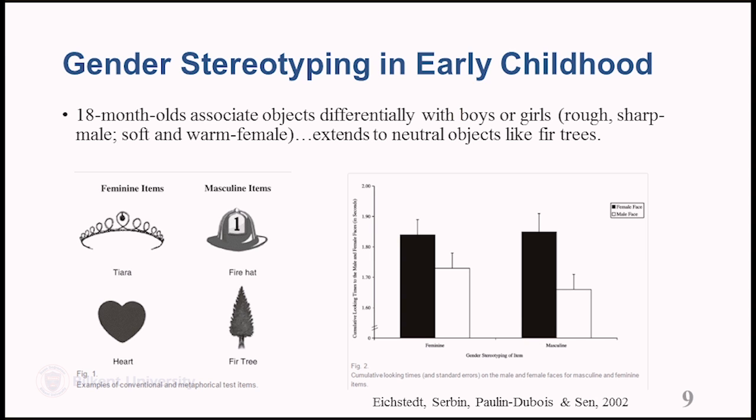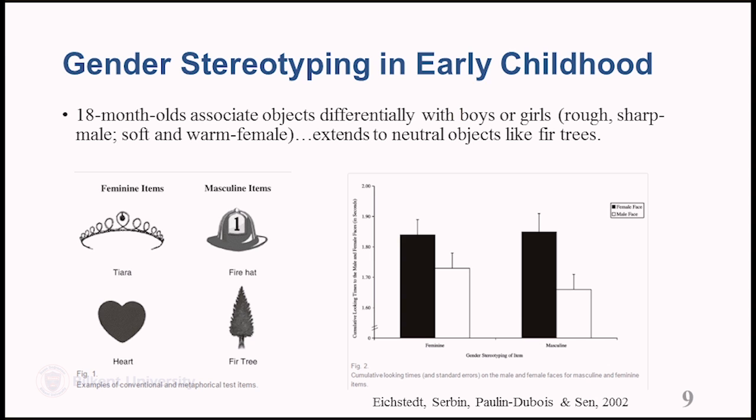And there's a picture of a man and a woman, or a drawing of a man and a woman, that they have habituated to beforehand. And when this comes up, a voice says, "Who does this belong to?" And the child looks at the man and the female. And here you see that they actually show some differential patterns of looking where they seem to associate rough, sharp